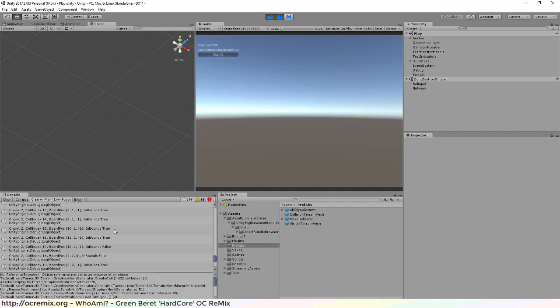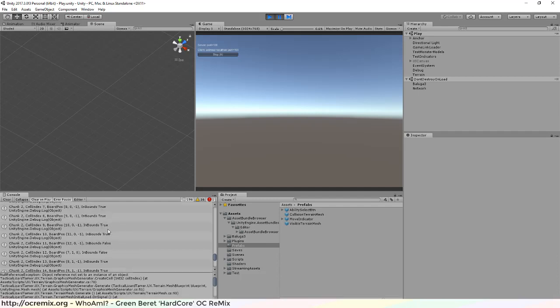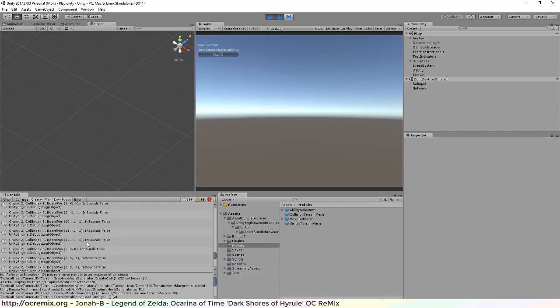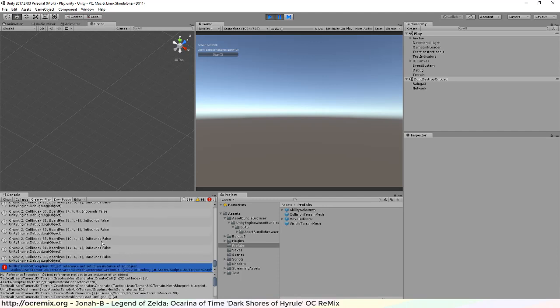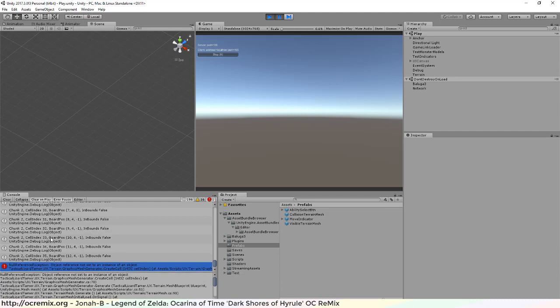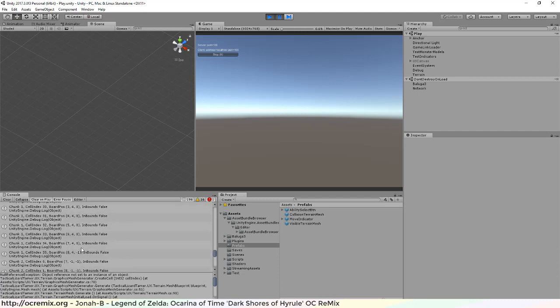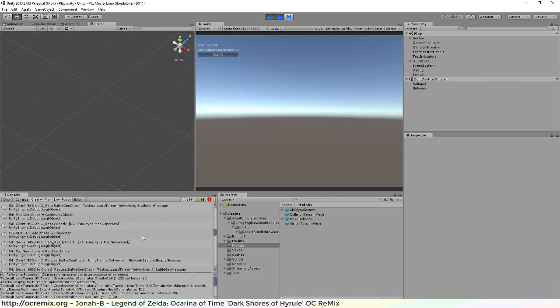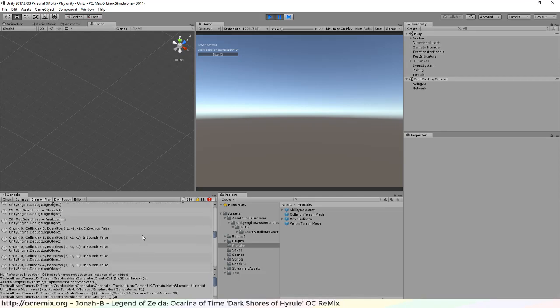Okay, so right off the bat I can tell this inbounds doesn't make much sense because the layers are -1. Cell index. Right at the top. I mean, we kind of already know the first one works, but